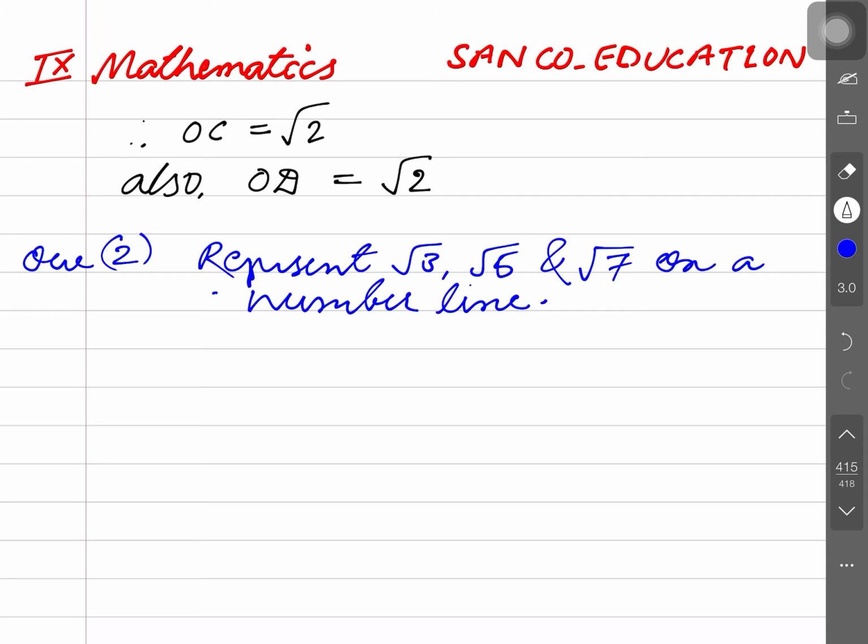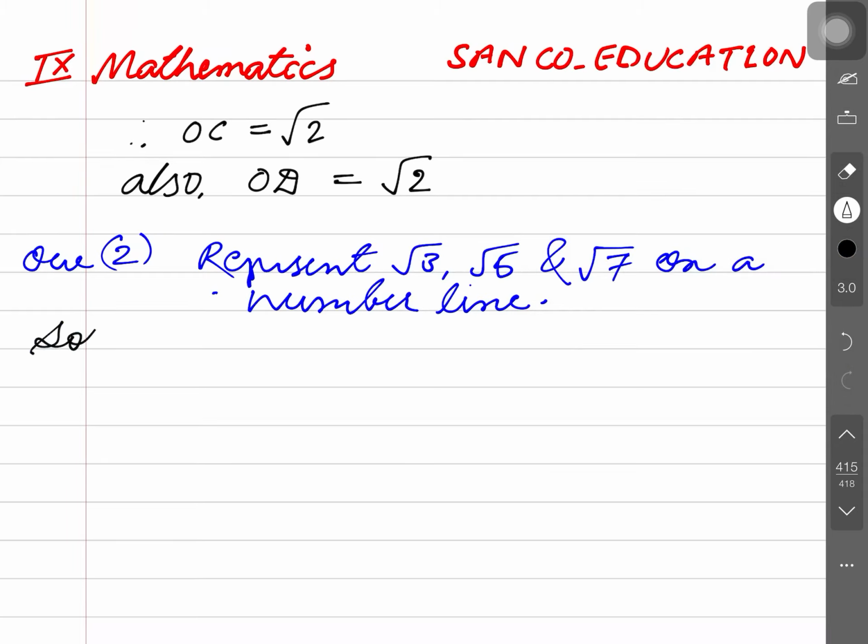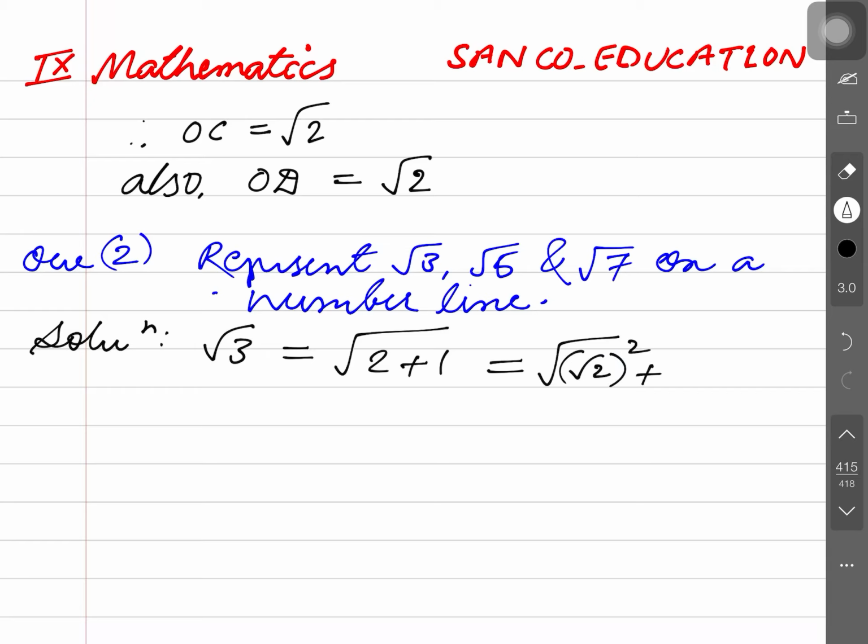This is your assignment. I am giving a hint for solving this question. Your first task is to break root 3 into 2 such numbers, so that all the three numbers together make a Pythagorean triplet. But sometimes students think, how can root 3 be broken? 3 can be written as 2 plus 1. 1 further can be written as under root 2 square, or it's 1 square.